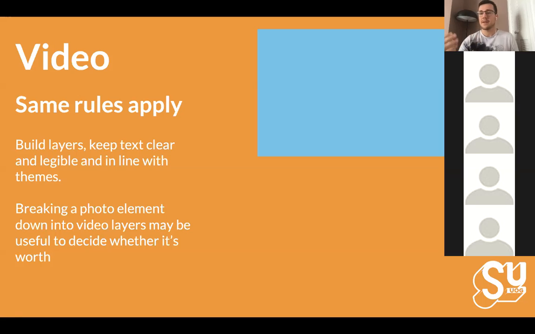So if it's possible to do, those really short 10-second clips of something happening on a loop are more engaging, because people see it moving, they want to watch it for longer, and they'll then read the content. Not to say that you should do all of your photo elements, because some things do work better as photos, but it's an example of taking what could have been a photo and adding a slight video element to the background.